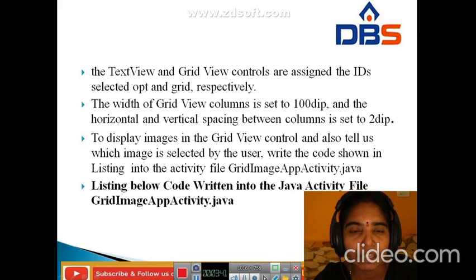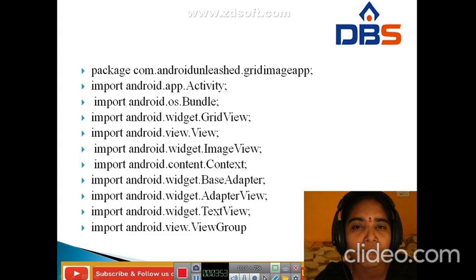Here write the code shown in the listing into this activity file. The code listed below is written into the Java activity file. Write the Java code for the grid image app. Here is the package com, then import android.app.Activity, import android.os.Bundle, import android.widget.GridView.